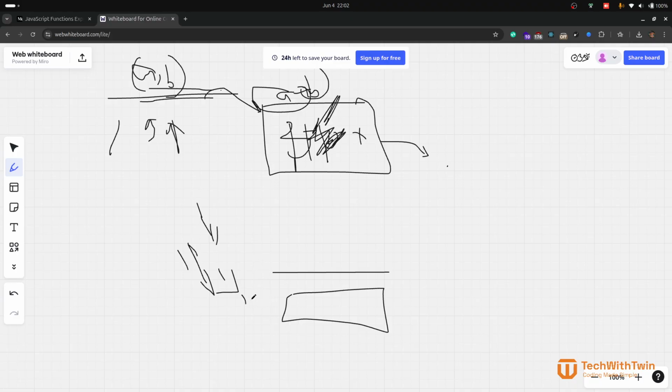So we pass arguments of 1 and 2, and we call the box and give it 1 and 2. The box does its magic, which is addition, 1 plus 2, and spits out the result, which is 3. So that's the basic overview